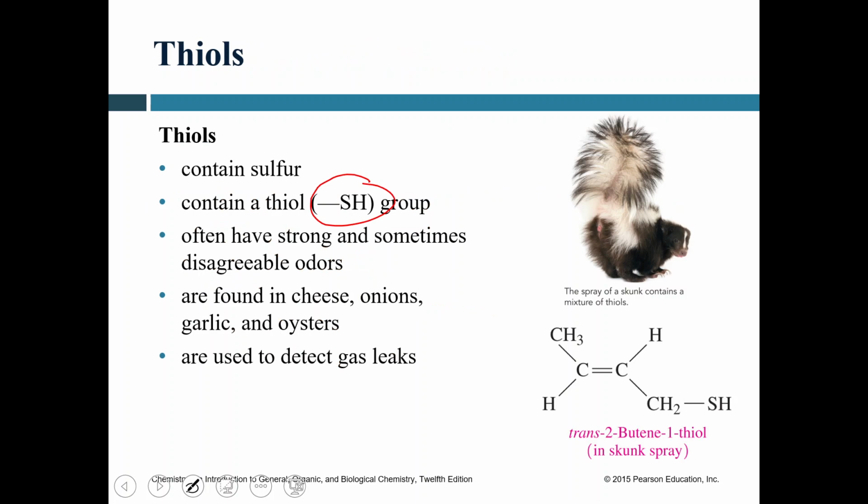As a matter of fact, methyl thiol is used to detect gas leaks. It is added to otherwise non-odorous natural gas, and when you smell a gas, as a matter of fact, you smell a thiol, not actual